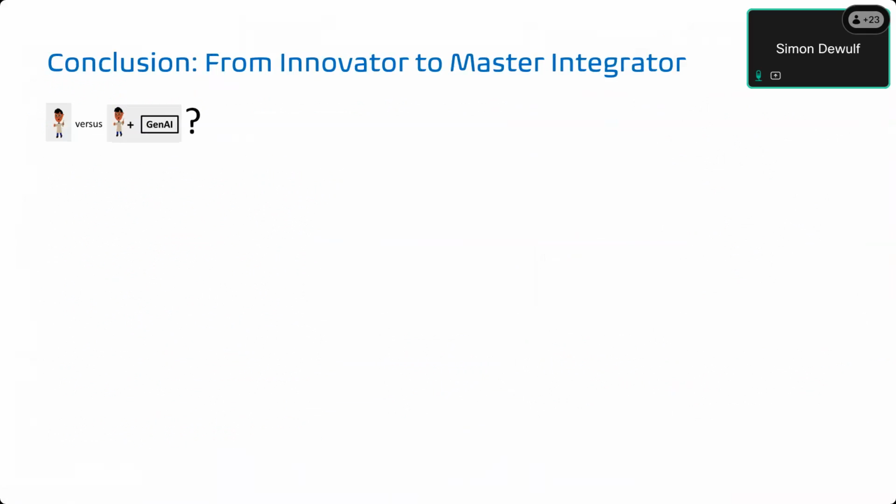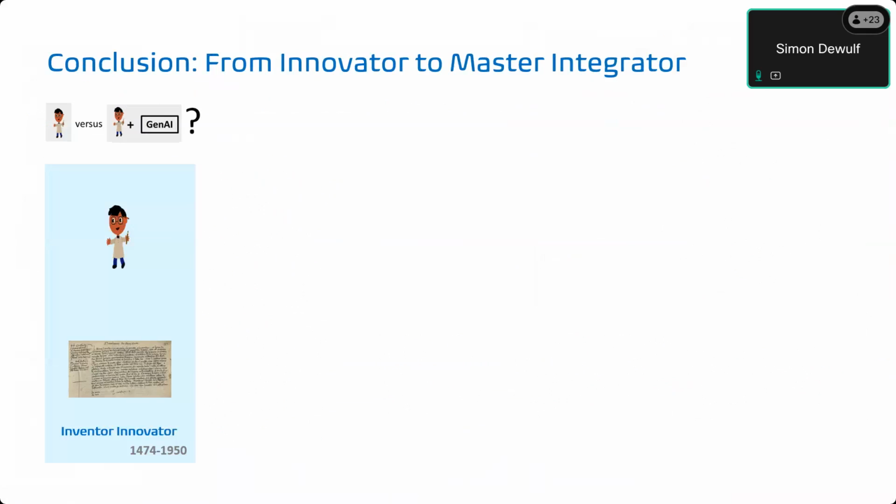And one of the big talks from Harvard there was a person inventor versus a person with Gen AI. And there were a lot of people in that talk on what is the difference in how you perform with or without Gen AI. I think for us that are in TRIZ, this is really very far from reality today,